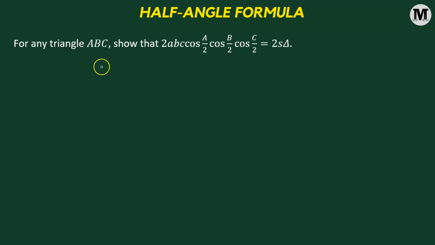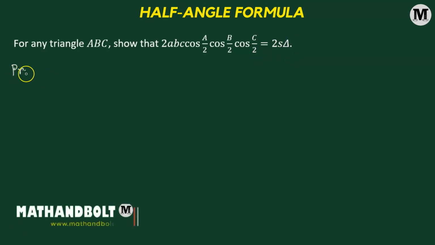For any triangle ABC, show that 2 times abc times cosine of A over 2 times cosine of B over 2 and cosine of C over 2 equals 2 delta. Okay, let us begin. But before beginning, let's try to understand a few of the terms that are